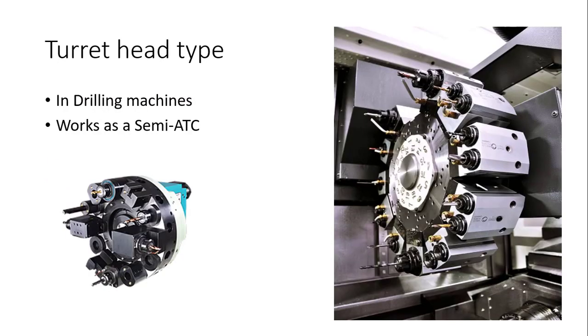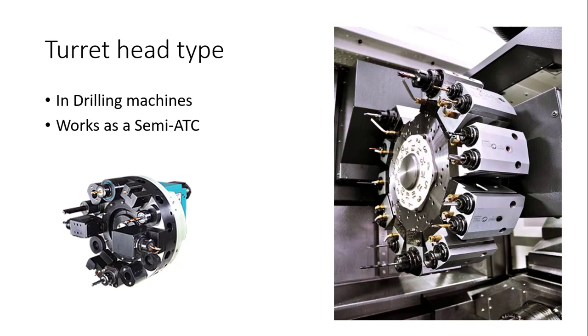So firstly, I would start with the turret head type. You might have seen it in these images. In it you install 8 to 10 tools, maximum 8 to 10 tools, because the size of the spindle turret has been increased. It is similar to the capstan lathe. If you have seen it in the labs, the capstan lathe, where you can have 8 tools, but in CNC you can have up to 12 tools in the magazine.